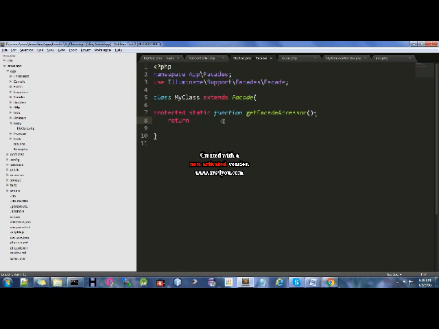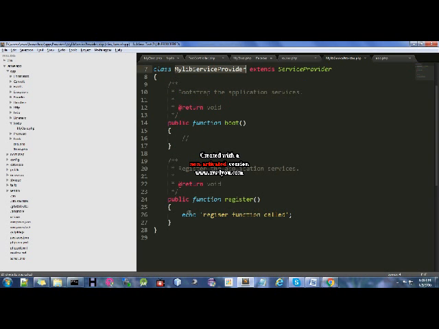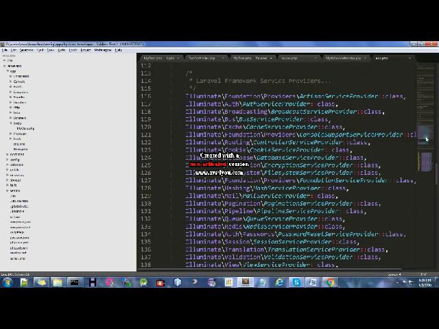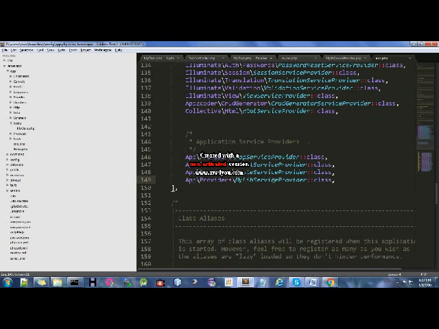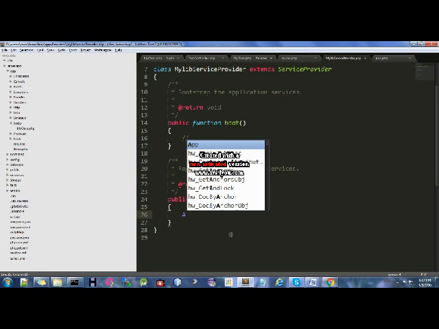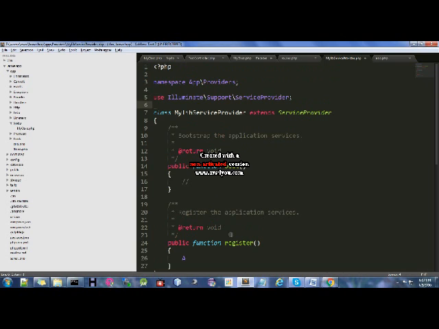The my class reference will be passed to this facet, and with the help of that facet we will be able to use my class instance, and we will be able to use all the member functions and data members inside this class. So the very first step I'm going to do over here is, now as we know that once the program is executed, it automatically calls our service providers, because we have specified it here. So this will automatically be called during the program execution.